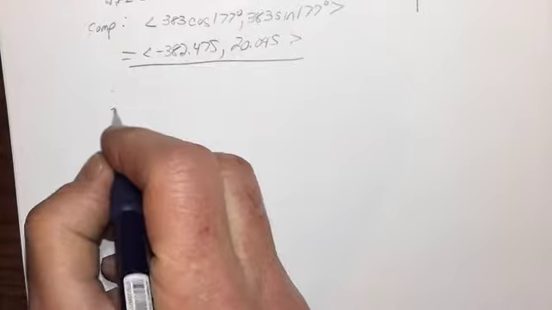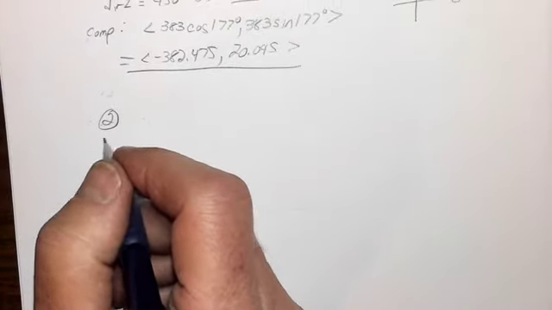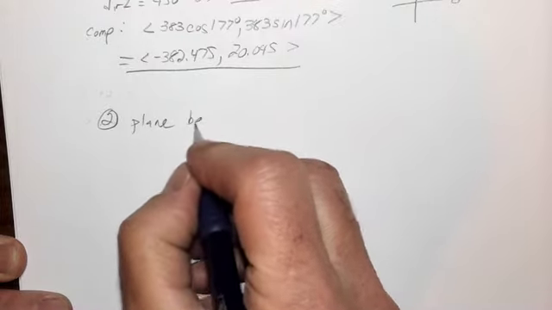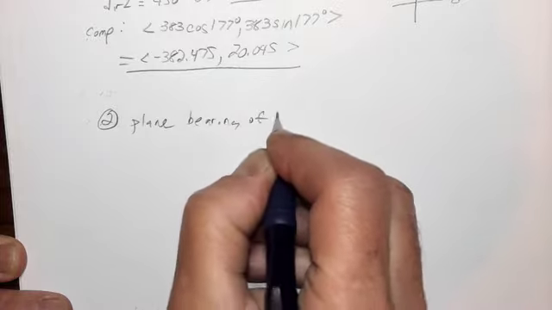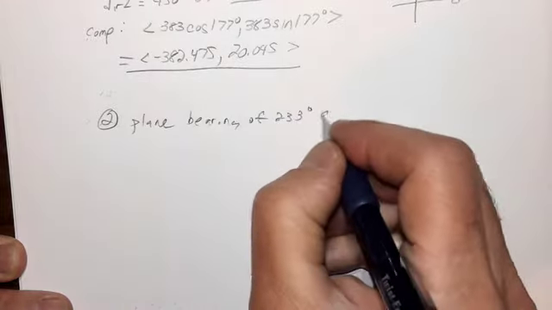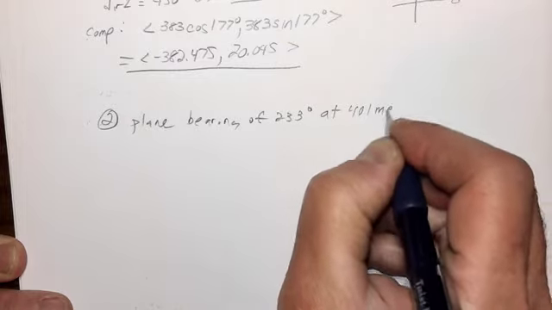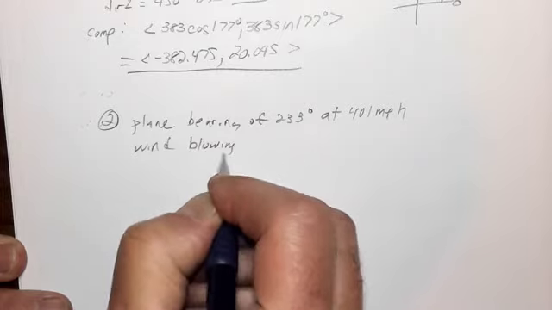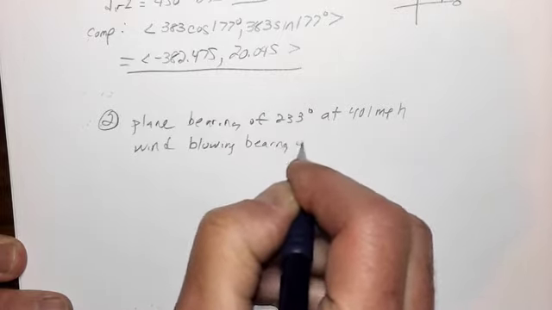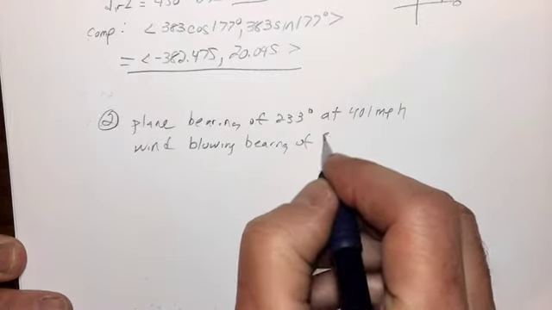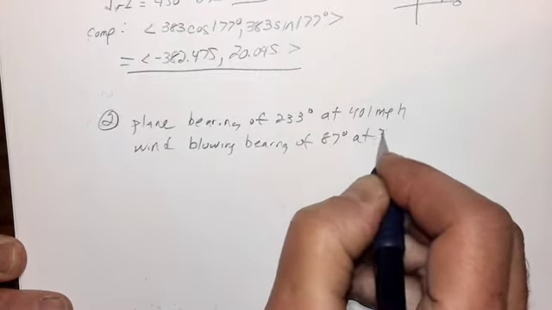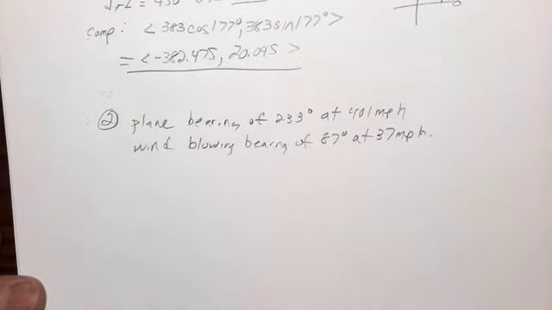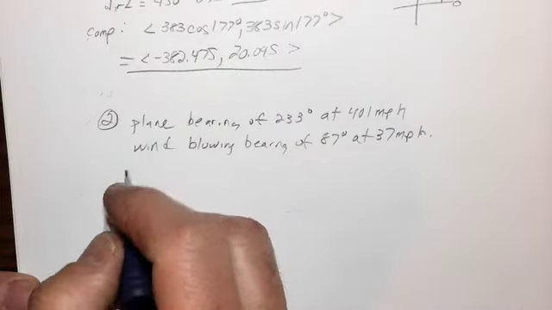All right, another type of problem will complicate things a little bit. We have a plane flying on a bearing of 223 degrees at 401 miles per hour. A wind is blowing on a bearing of 87 degrees at 37 miles per hour. So what we want to do is find the component form of both of these vectors. So for the plane,